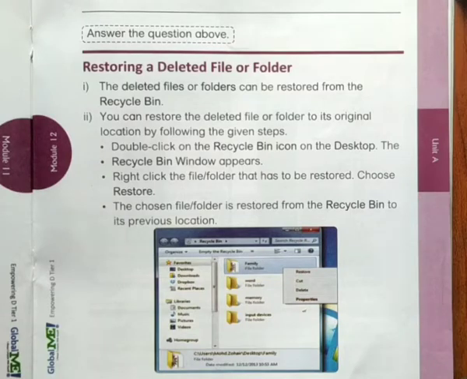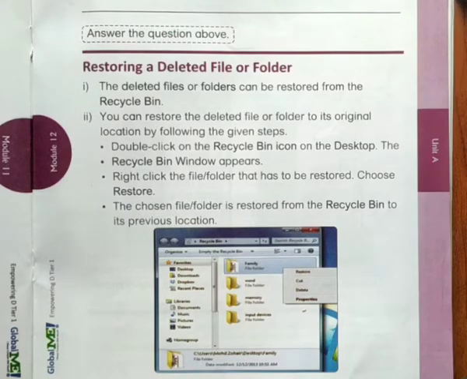The recycle bin is on the desktop. See, you can see this is the recycle bin window. Here they have given family, word, memory and input devices, everything. Suppose I want to restore the family folder. On that folder you have to right click. After right clicking, there will be another menu. It will show restore, cut, delete and properties. If you select the restore button, it will be restored to where you deleted it from.